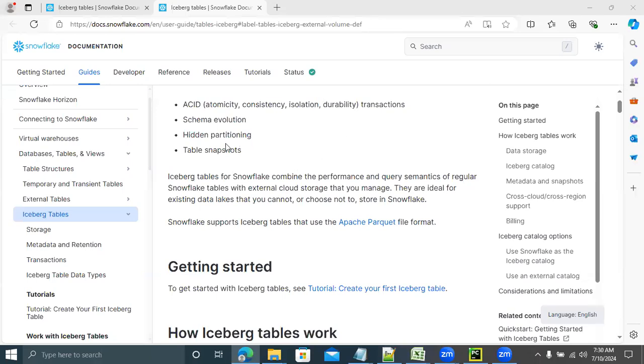Now, hidden partitioning. In Iceberg tables, the hidden partitioning feature is available. The user doesn't need to worry about how to manage the partition columns. Everything is taken care of by Iceberg itself. Iceberg contains automatic partitioning.